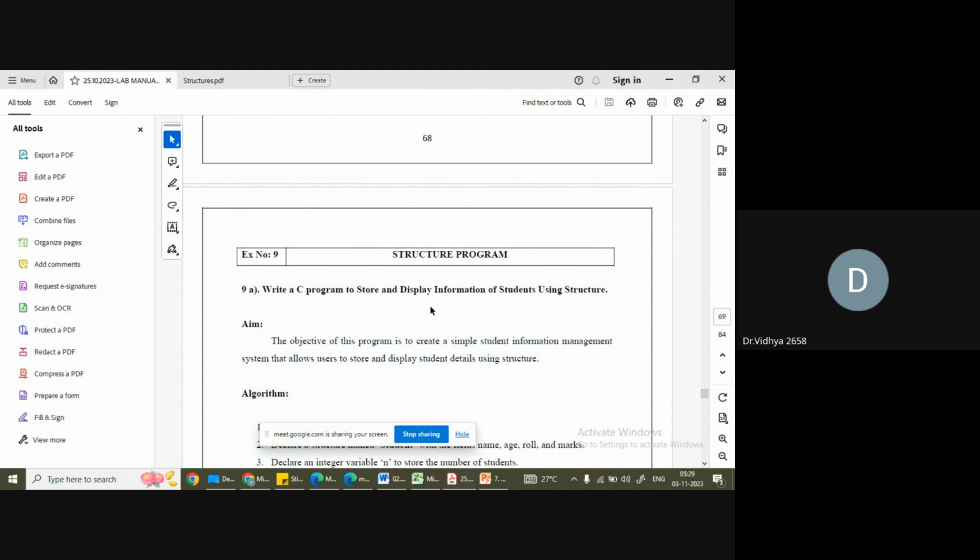Dear students, in this class, we are learning about structure programs. This is exercise number 9 for you. Here we are supposed to write a C program to store and display information of a student using structure. Before getting into the concept of structure, let us discuss the basics of structure, and then slowly we will